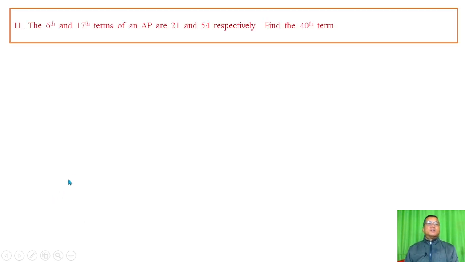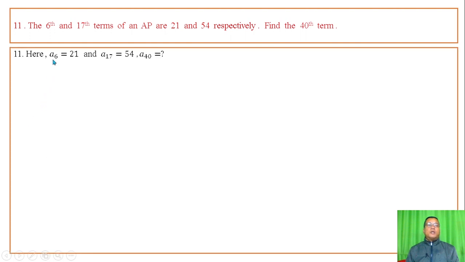11. The 6th and the 17th terms of an AP are 21 and 54 respectively. Find the 40th term. Here a6 is 21, a17 is 54, a40 is what? Using this formula we have